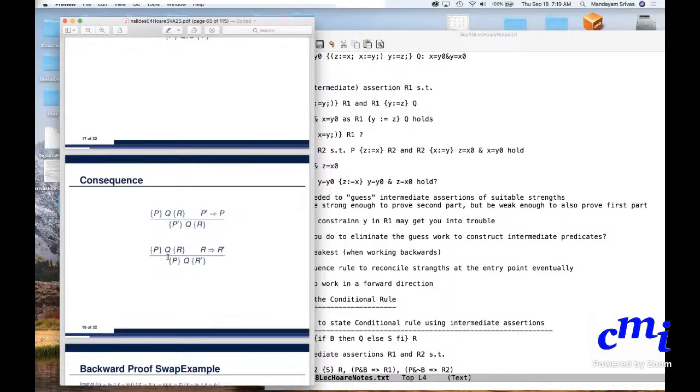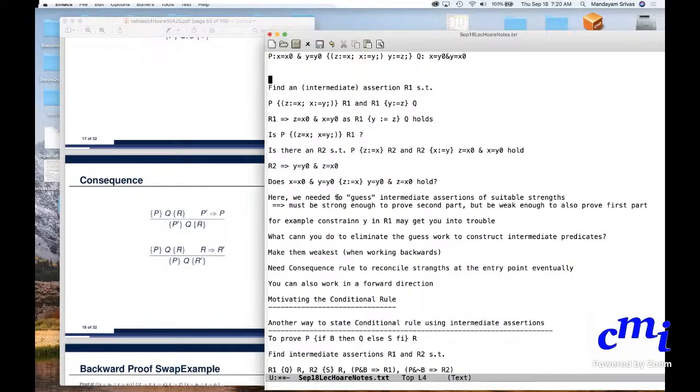Or in the forward direction, if you get an R after executing Q which is strong enough to prove your postcondition, that is R implies R prime, then you can conclude. With this consequence rule,